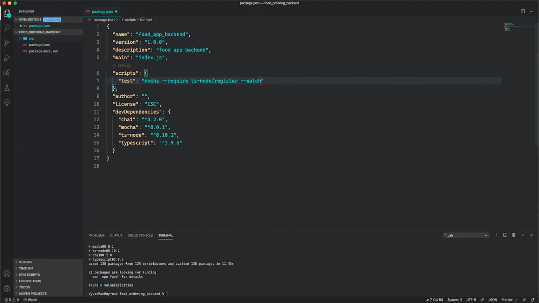I'm going to say watch for TypeScript extensions. Watch extensions ts, and the path to my test files will be in the folder test,